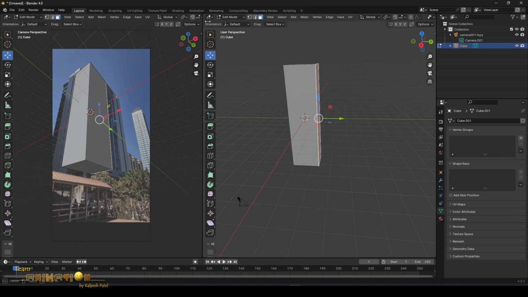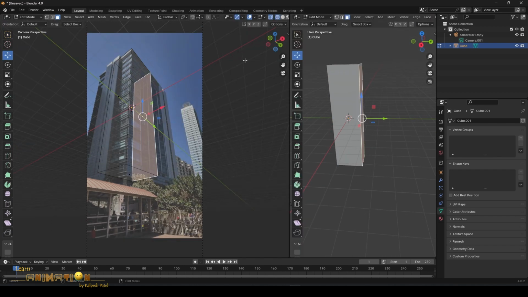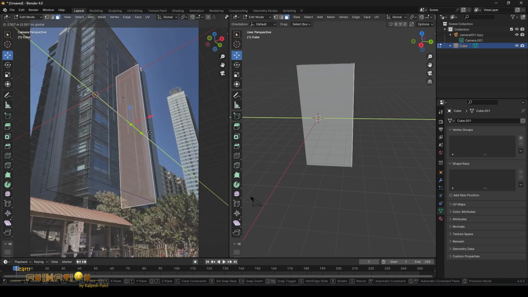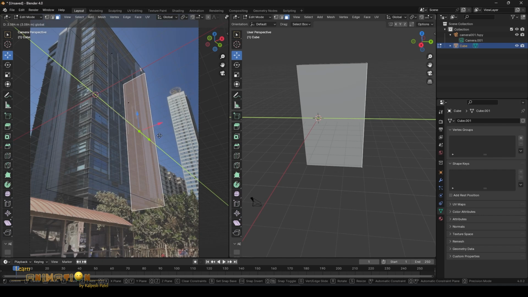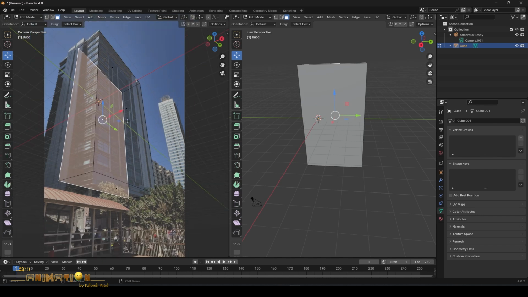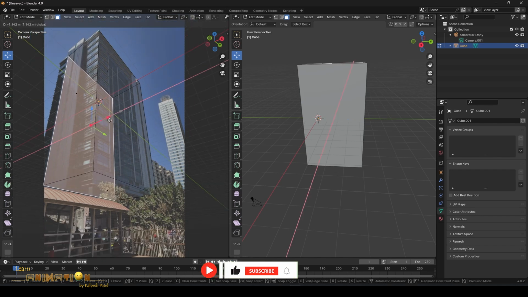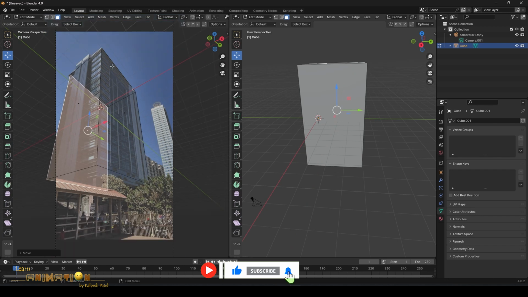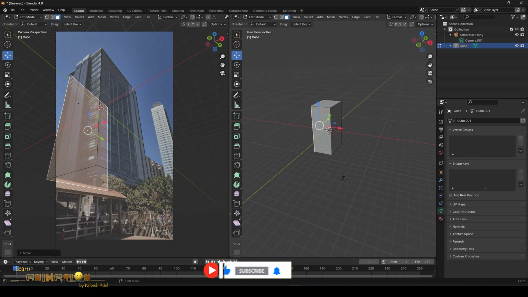If it is not visible, just make it transparent, so that it will be very easy to handle. Just match it to this axis, the same way match to this axis, and match to the other axis. Now we have the building ready.